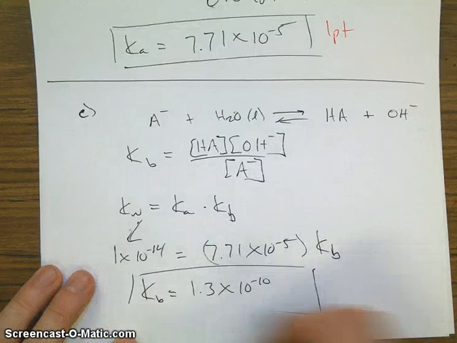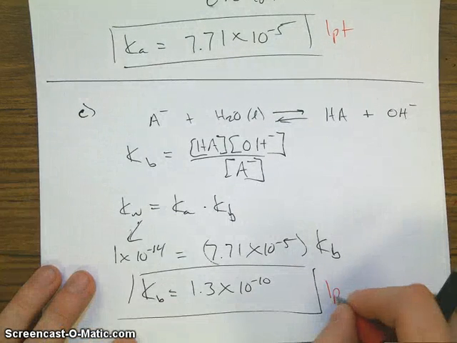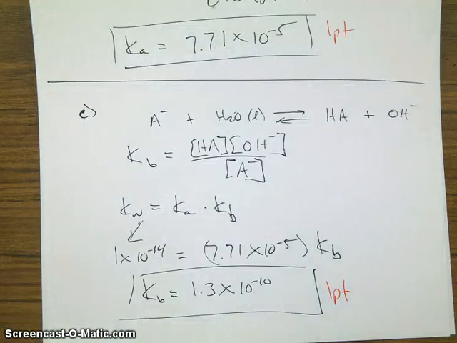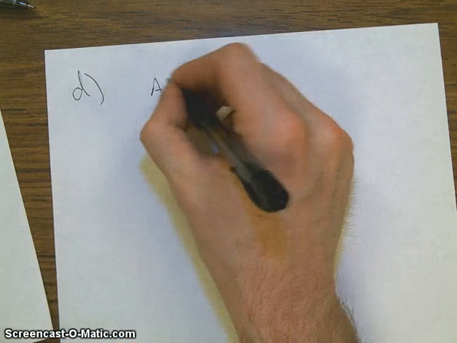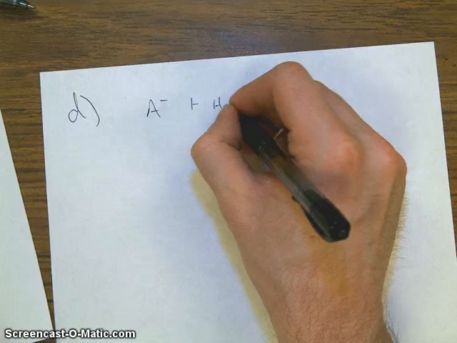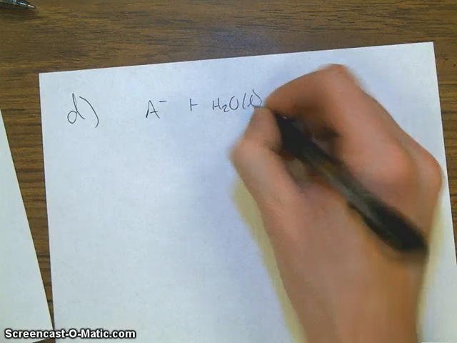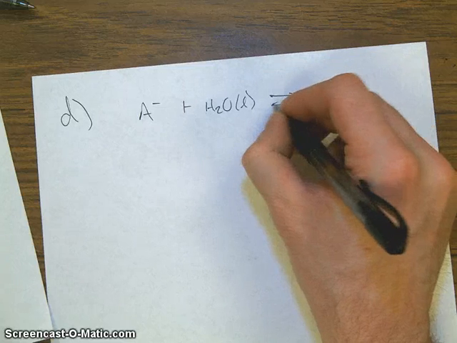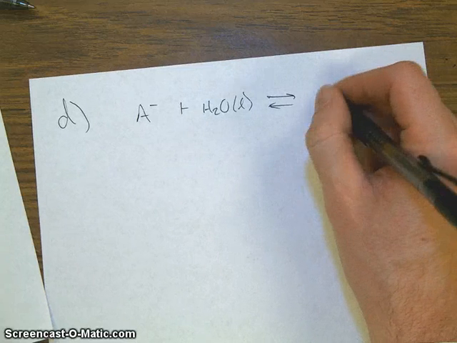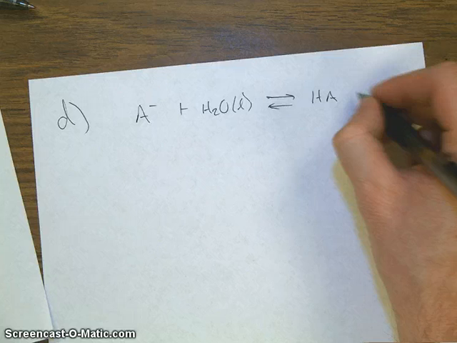This was actually just worth 1 point. That's it. All right, now let's go to D. D is asking for us to calculate the pH at the equivalence point, and that's when we only have salt water. So since we only have salt water, of course, it's just A- and water, H2O, and since this is the conjugate base for a weak acid, what's happening is that we're producing hydroxide ions. So we're producing HA and OH-,